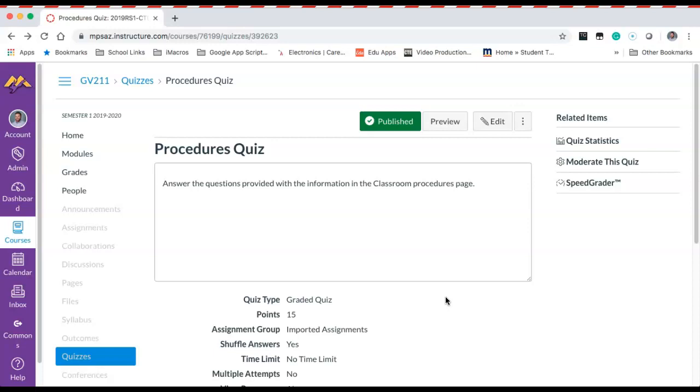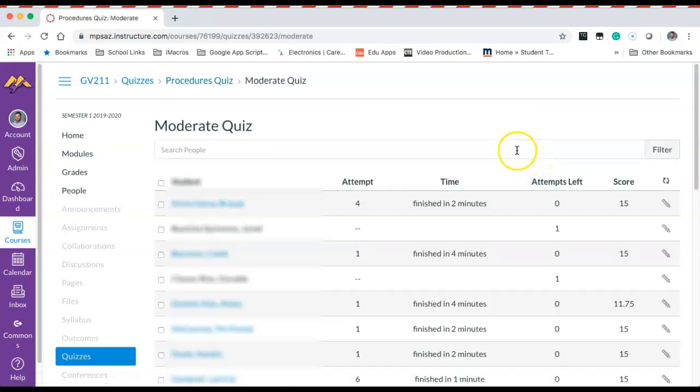So what I've done is started here in one of the quizzes I gave my students at the beginning of the year. You can see my procedures quizzes here, so you will need to find the specific quiz that you would like to make adjustments to. And then over on the right hand side, you'll see this button here. It says moderate this quiz. Now if you click on this, it's going to open up a new screen